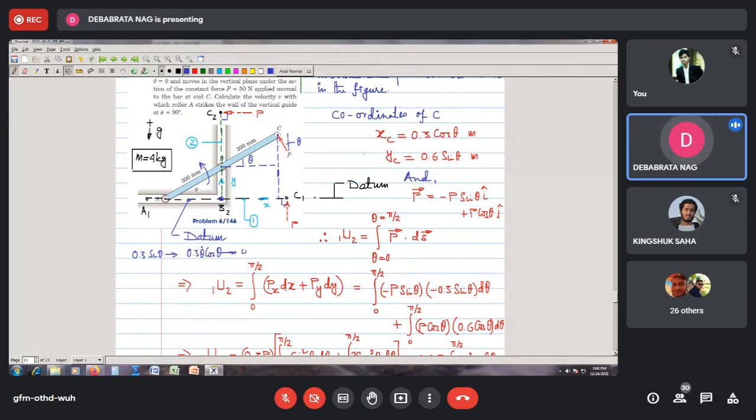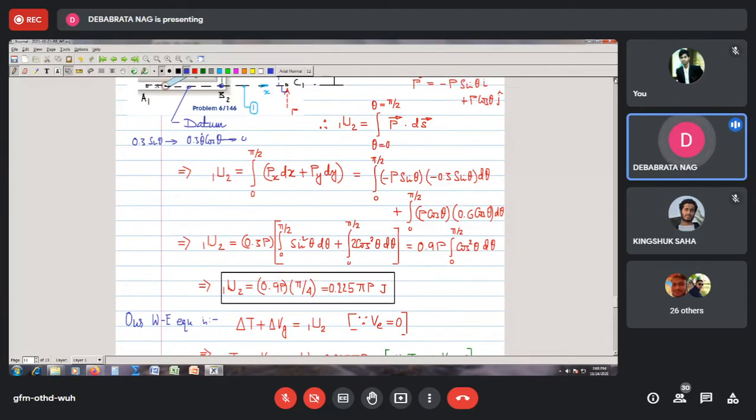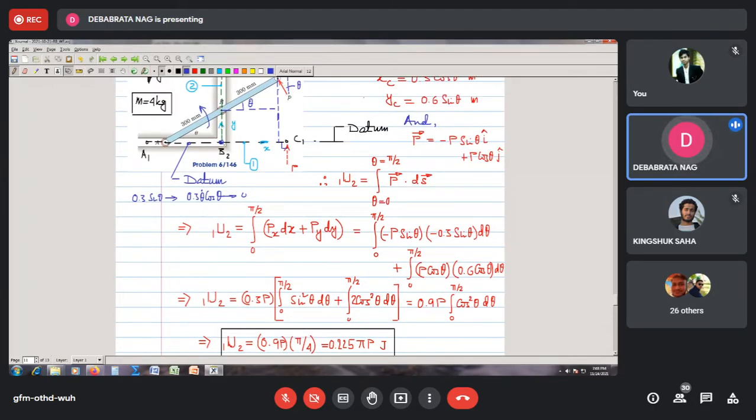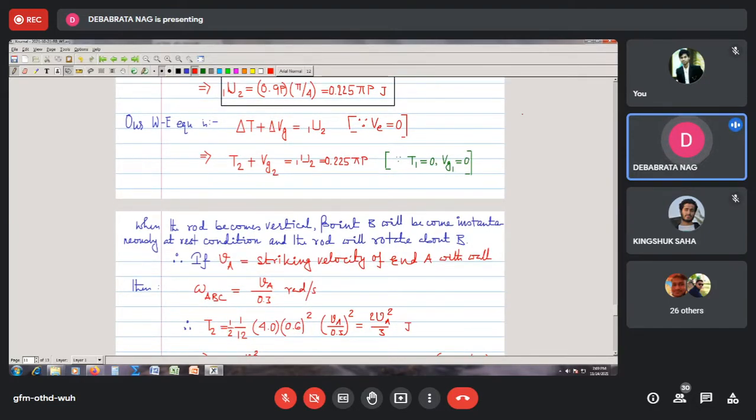So therefore now it is simple to see that since it is 0.3 both sides, so you see from here that the velocity of A, that means you see this is the rod, so this is the middle point, so it is turning about this point, so evidently the velocity of A and the velocity of C will be equal and opposite, and this will be your angular velocity at the vertical configuration. So if we follow that, we write here, we see that the omega ABC, that means এই যে angular velocity